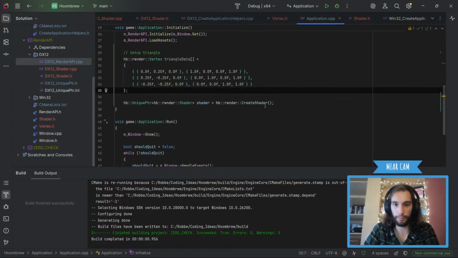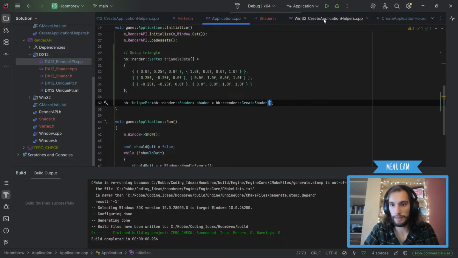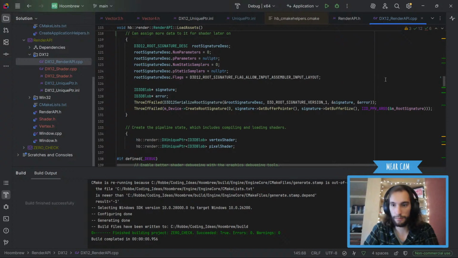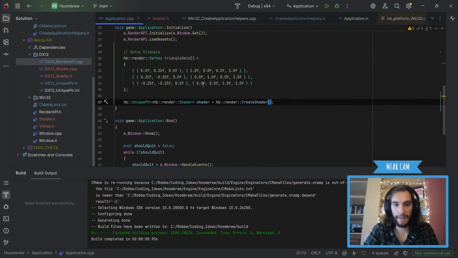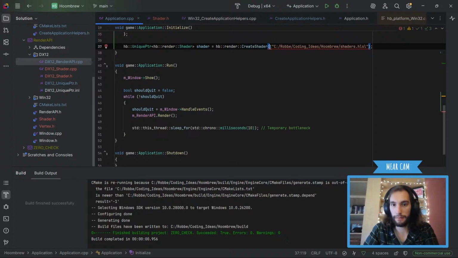So in our application, this will complain now. Well, it will not complain. That's good. Okay, and then we're gonna yoink that from our render API. Where's my shader path? This one. I'm just gonna copy that and paste it inside our application. In here, we are gonna copy that path. Apparently, can't do that. Oh, it doesn't have any path.